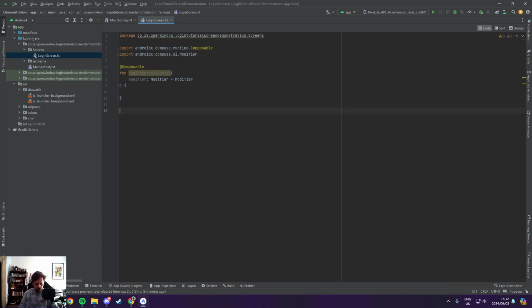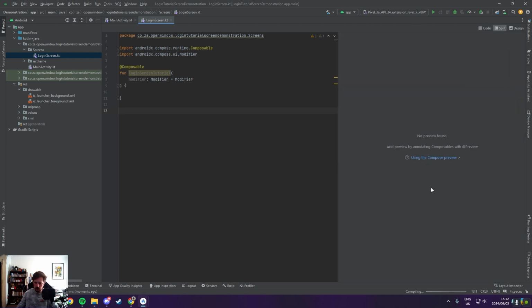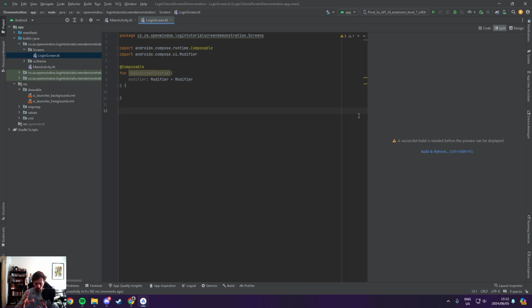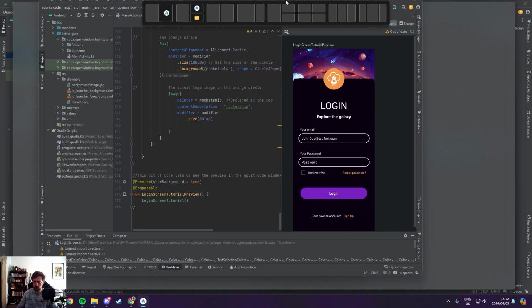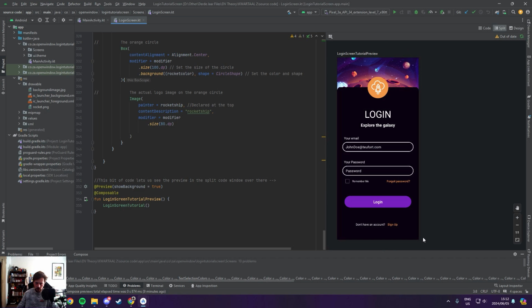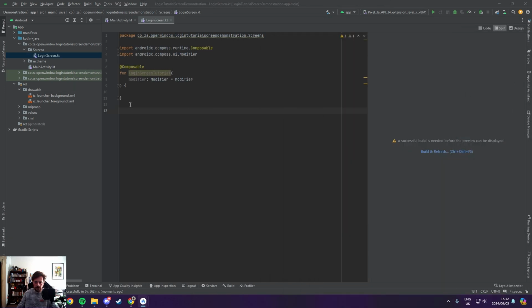Now, before we can actually code anything, you'll notice over here, if we click on split, there is no preview. To preview your code is to see what it looks like. This is a preview. So to get a preview, we need to make a preview component. To do that, we do as follows. We do @preview showBackground equals true,